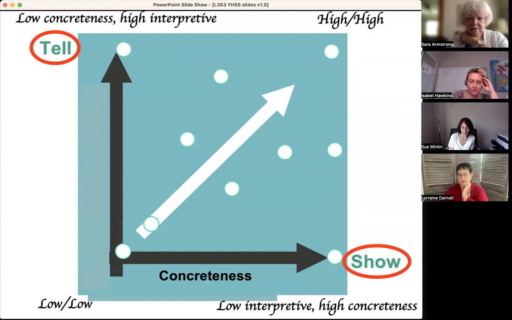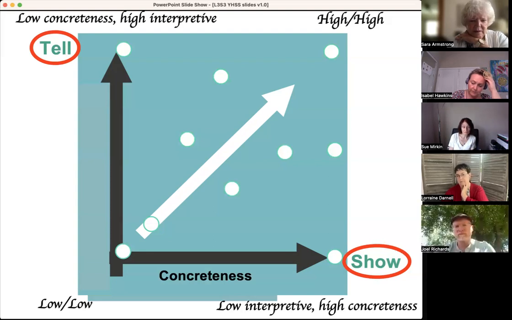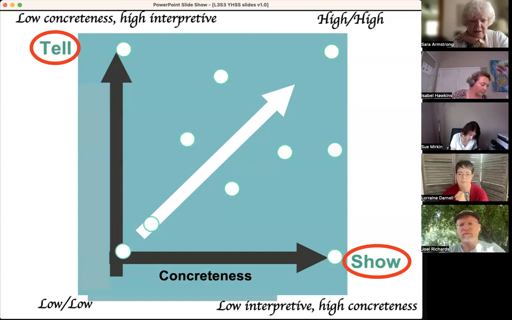Is it entirely? It's as low as it gets, right? There's no interpretation. So therefore, it's going to be on the left end here. Low of, sorry, which is which? Low is going to be